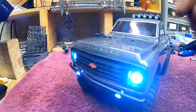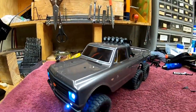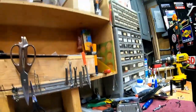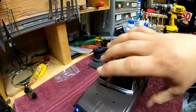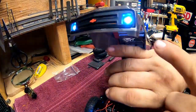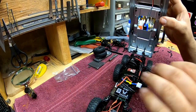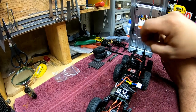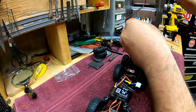Let's get under the hood here. I made a tether system that requires two hands, so let me put this down real quick. Open this. Let's pull the light wire out real quick. Open it up, unplug the lights, turn off the truck. And right here on the side, I got an R-clip magnetized to the side of the frame. You just pick it up,